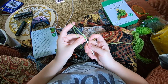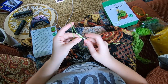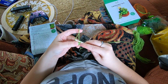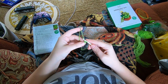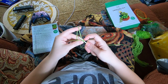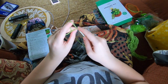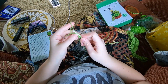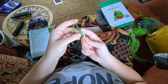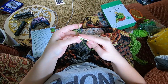stitch right here, pull up a loop so that there's 2 loops on my hook, and then I'm going to yarn over, pull through both loops. So if you want, you can mark this right here so that you know where your first stitch is in a little bit, but that's 1. Now I'm going to insert, pull up a loop, yarn over, pull through both loops on my hook for 2. Again for 3, insert into the same spot, pull up the loop, like that. This is 4, working our way around the circle,